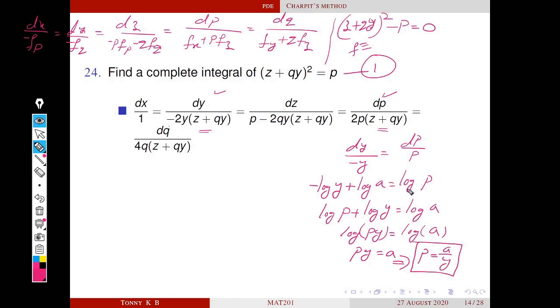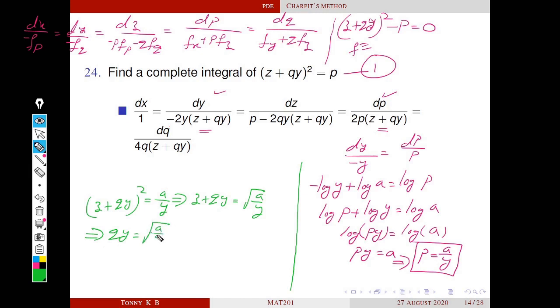Substituting p equal to a by y in equation number 1, then we get a in the square root. So this implies, so q equal to,